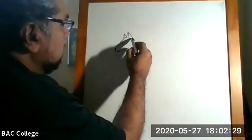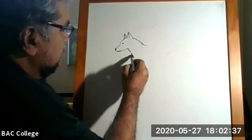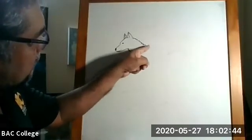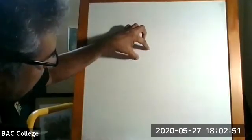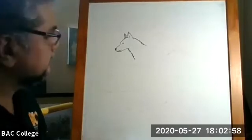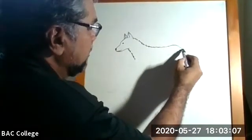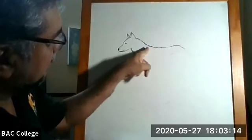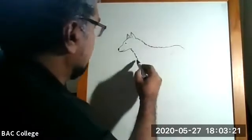Okay. Then what you do is, you get the fur coming down here like this, and more fur coming down here. Okay, so it goes out this way, and then comes down this way. So you see, can you see, as it comes down, it thickens. Okay, as it gets wider as it comes down. Okay, all right. And then you go down this way, and then you come up here. So the back part of the dog will be a little bit on the high side. It goes down, and then it goes up. Okay? All right, then